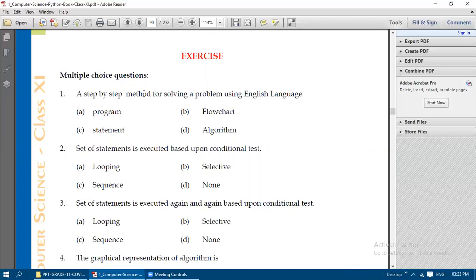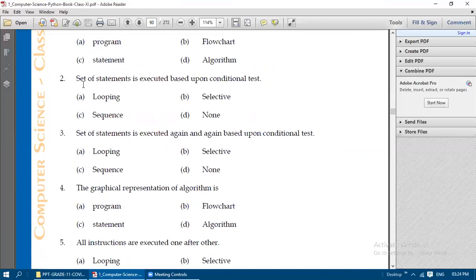A step-by-step method of solving a problem using the English language: in this chapter, that is an algorithm. An algorithm is a step-by-step method for solving a problem. It is not a program. Next, if a set of statements is executed based upon a conditional test, that is selective statements.